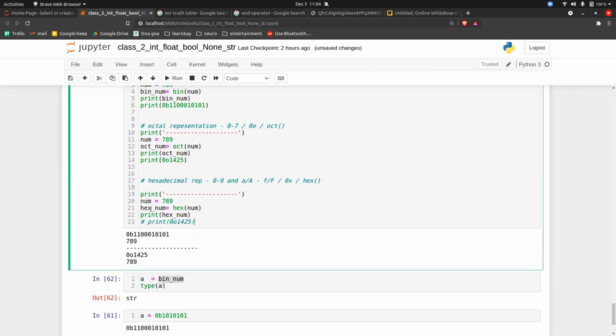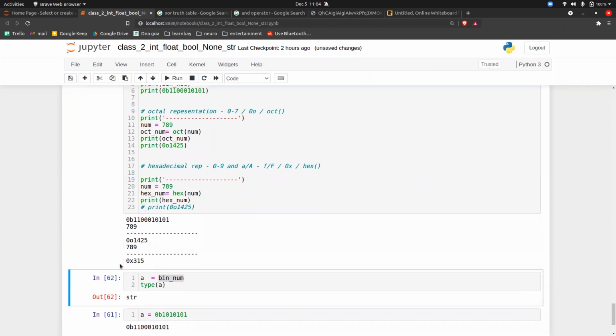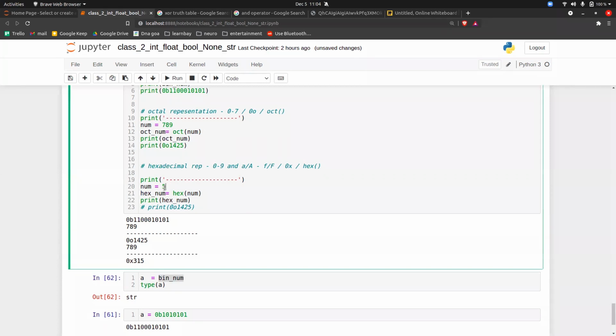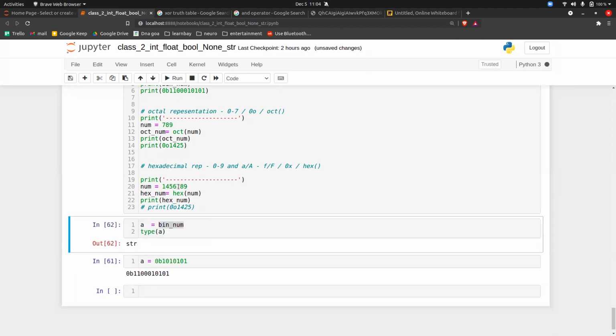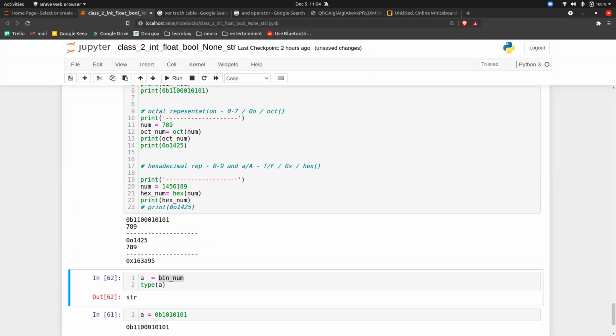For right now I will comment this out, execute it, and see: 0x315. So this is how the number 789 is represented. If I write this, see, 1388. If I write one, it is 163A95. So this is how the hexadecimal numbers are represented.